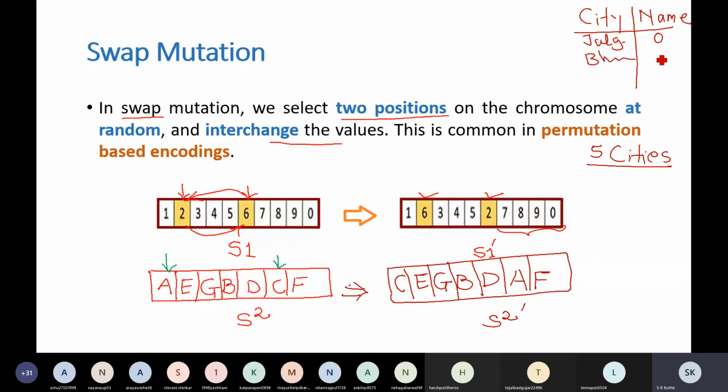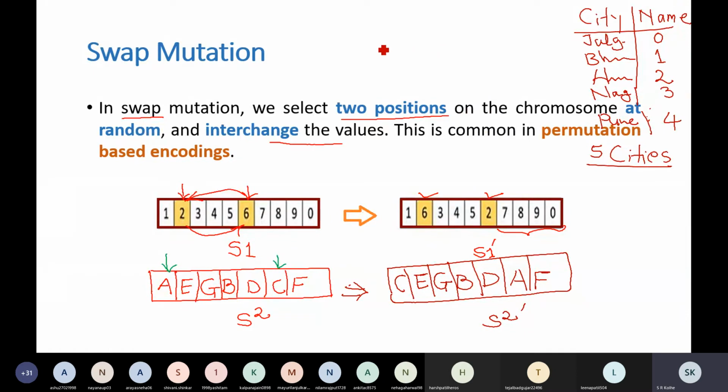Bhusawal 1. Amravati suppose 2. Nagpur 3, in this way. One more is there, Pune, suppose 4.